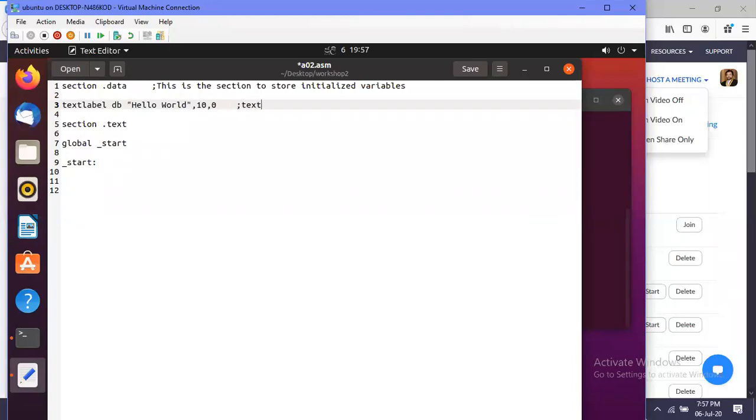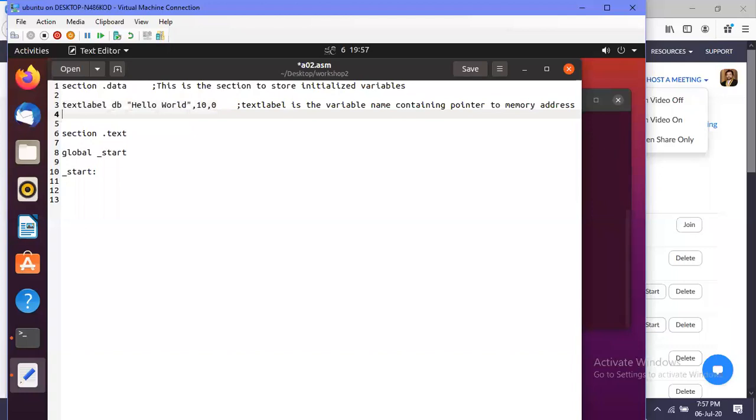Text label is the variable name containing a pointer to memory address. When you come to the new line, you have to enter a semicolon again, otherwise it will give you an assembling error like before.